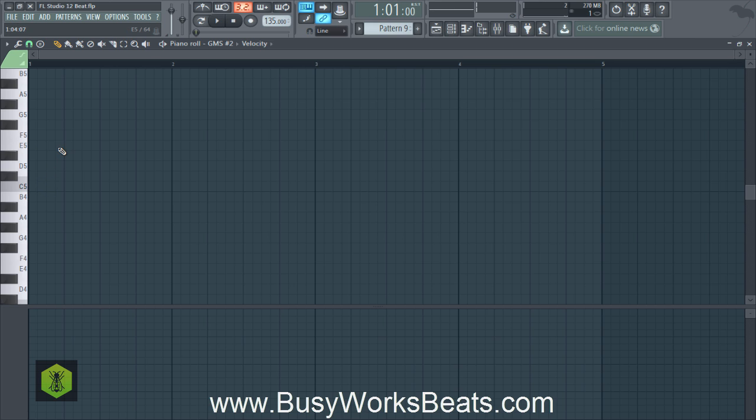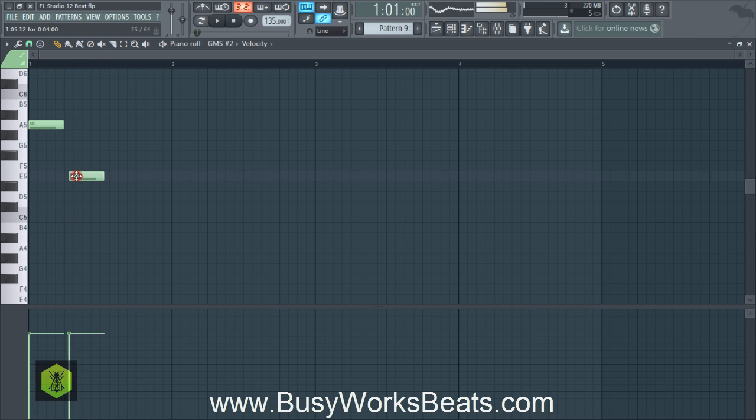So I have some notes that I hear in my mind. So that's the first thing you want to do. Don't worry about sound design, just worry about the notation first, then go back to edit your sound. So I want my sound to go A. And I want these notes to overlap so that they can have that slide effect. I wanted to go bump, bump, bump, but dun, dun, dun, dun. I know I can't sing, so you can laugh as much as you want.